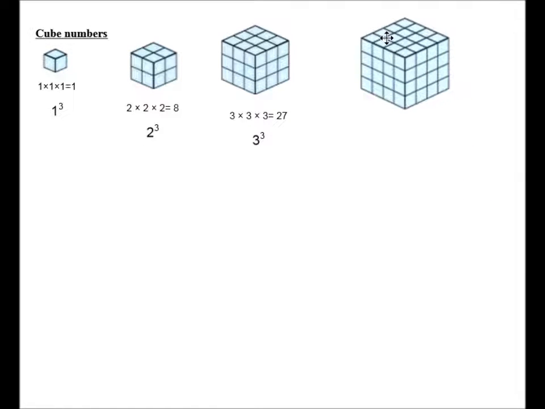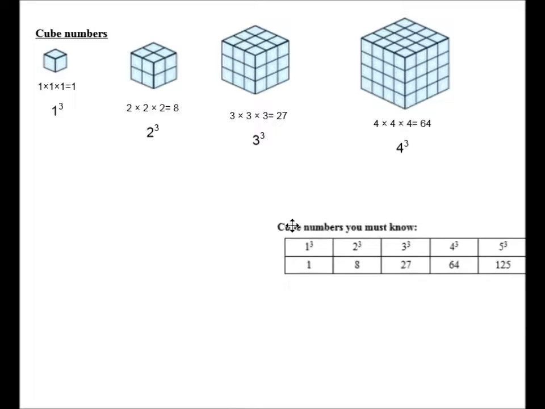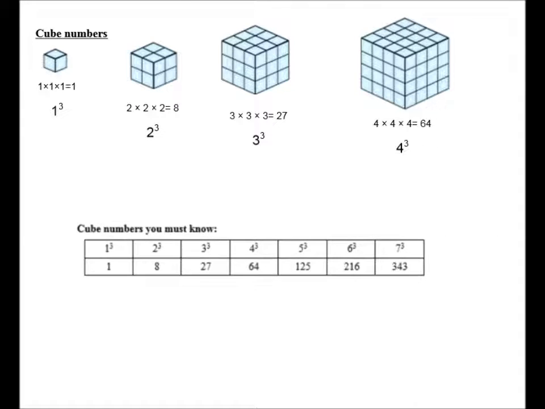The fourth cube number is 4 cubed, which is 4 times 4 times 4, written as 4 cubed. The 3 tells you how many times to multiply 4 by itself. 1, 2, 3. 4 4's are 16, 4's are 64. You are also expected to know these cube numbers